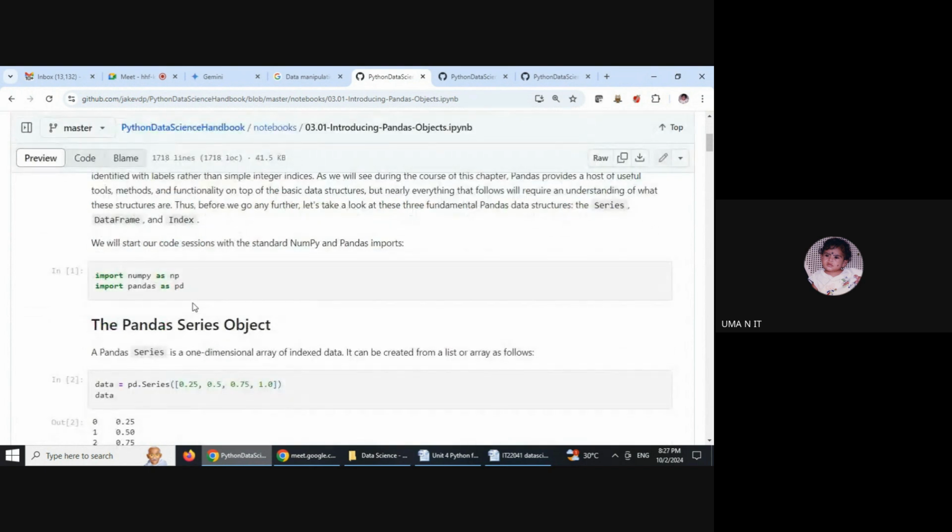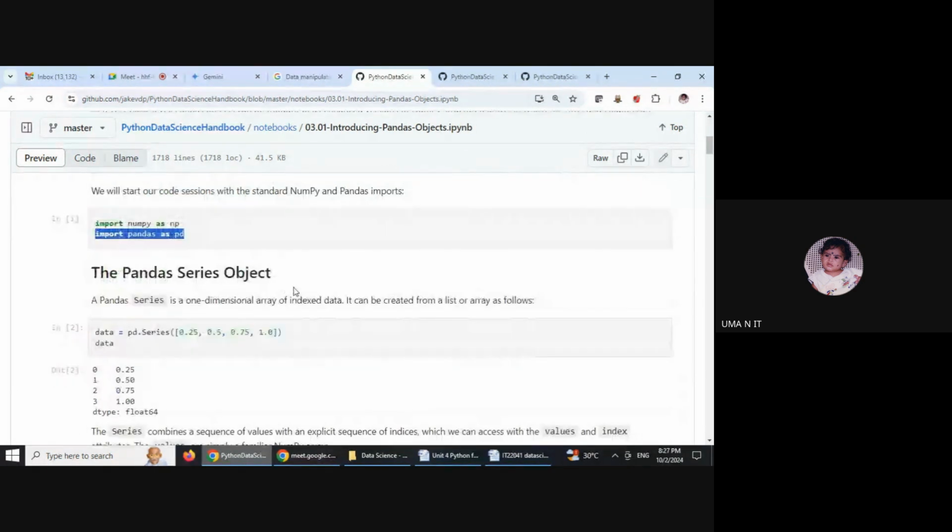As with NumPy, we have to import pandas, and here we have imported pandas as pd. For importing this, we must install pandas in Python and check that the latest version of pandas has been installed in your system. Pandas documentation is also available on the Python website, and you can go through it and install it in your system.